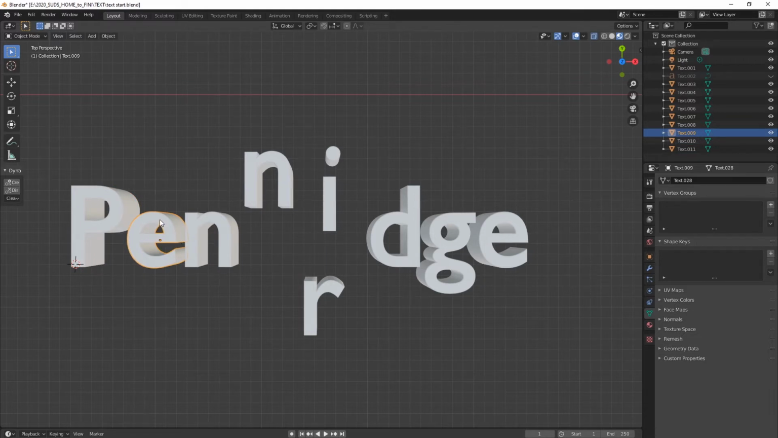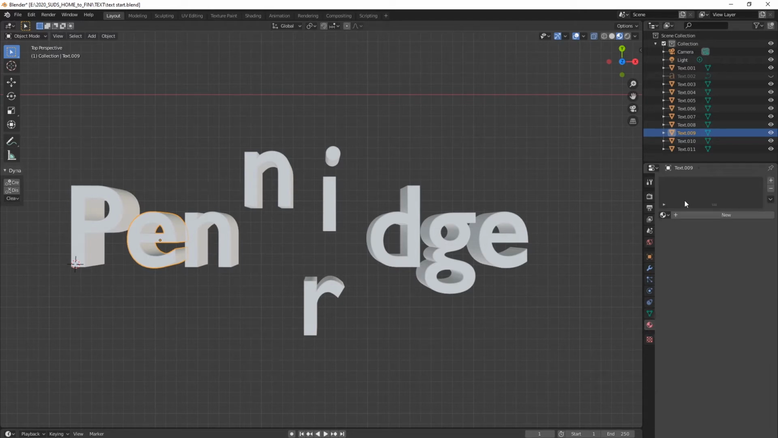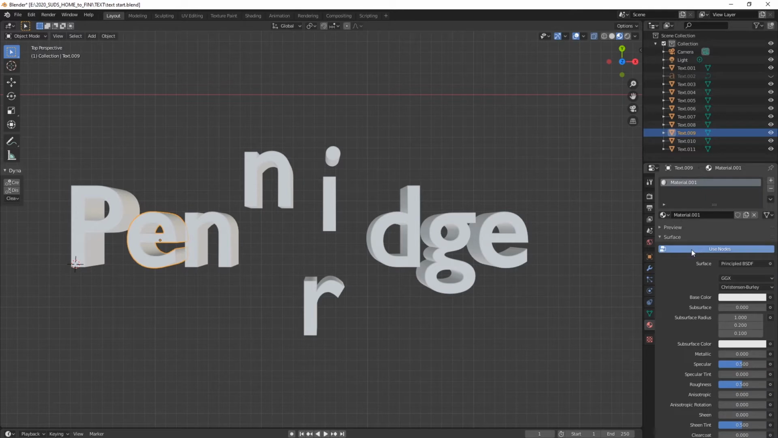So I'll select the object. We're going to come down. Again, I'd say look at that little beach ball looking symbol. And you'll click on it, and we will add a new material. Once you have the material, you can name it. I'm going to name this E, just so I know what it is. And then I can pick my base color,